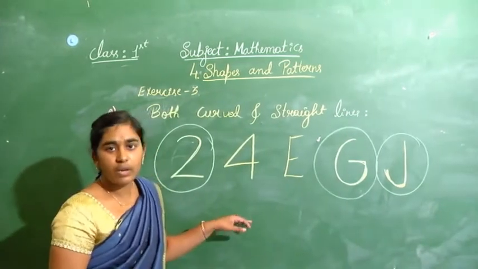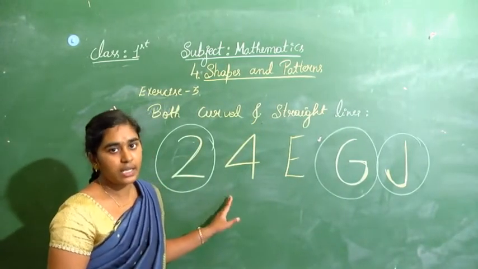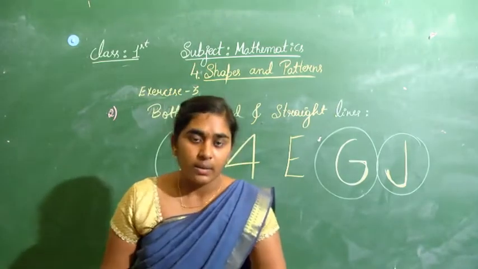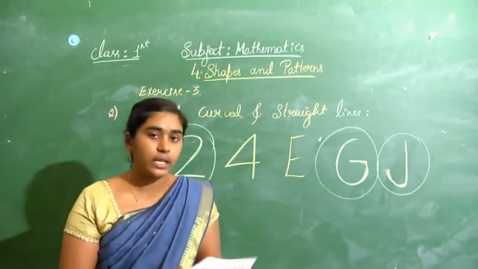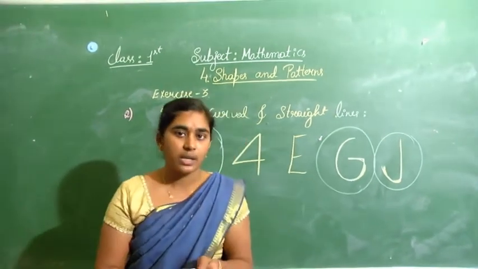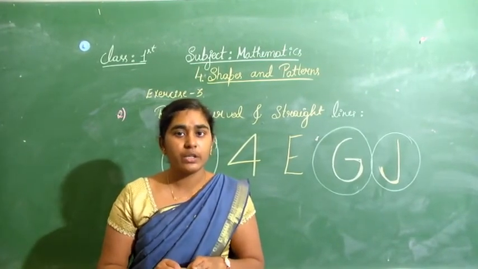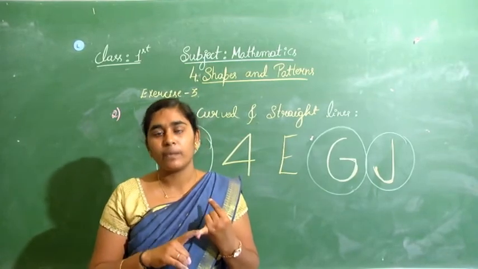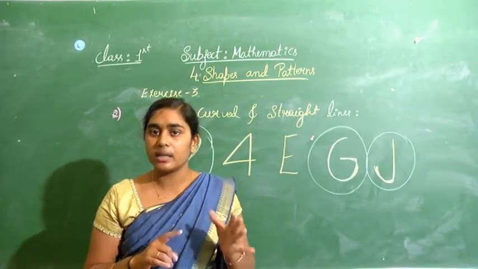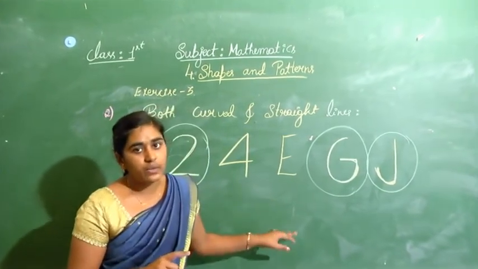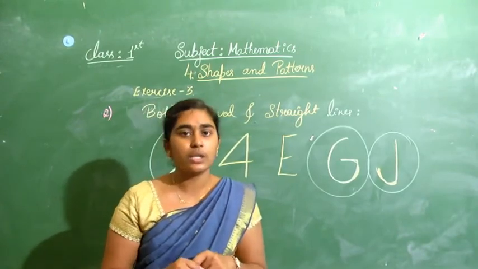So wherever you go, you will be having straight line and curved lines. Now we finished straight line and curved line. Let's see in the next class. Till now what we finished? We finished the plane figures, which are square, rectangle, triangle and circle, and types of lines we have finished. In the next class we will start the solid shapes.